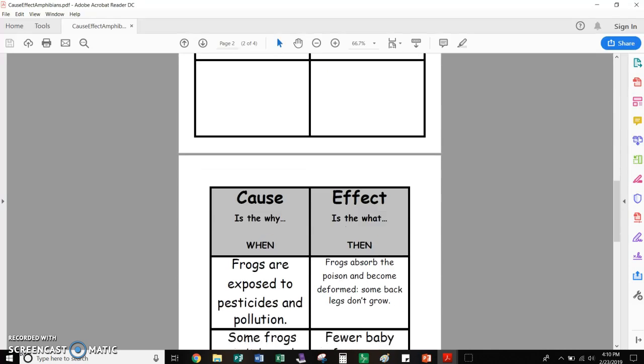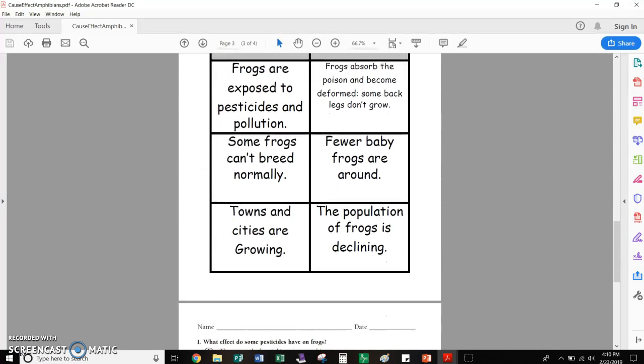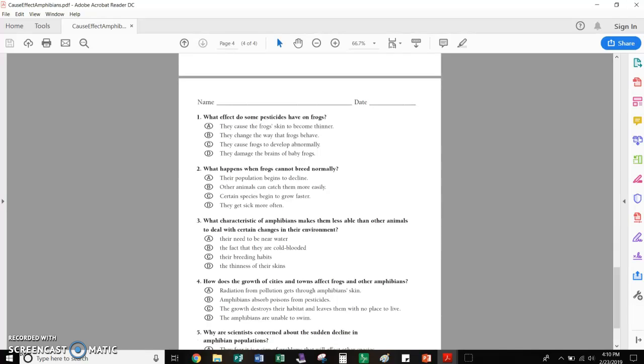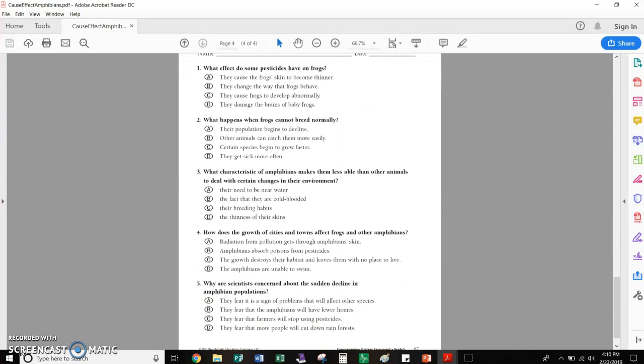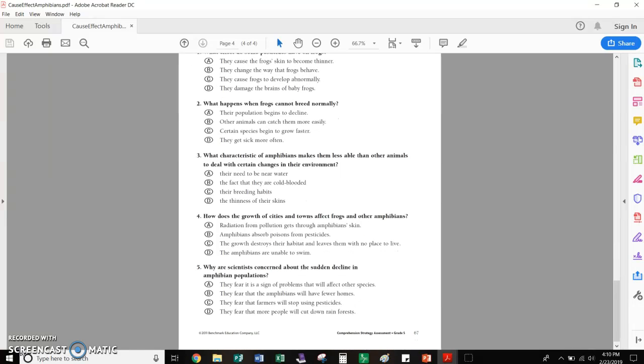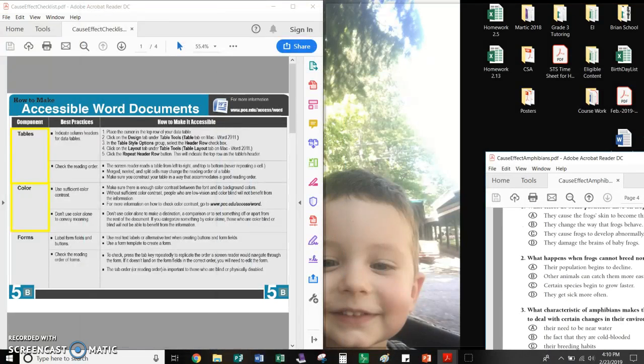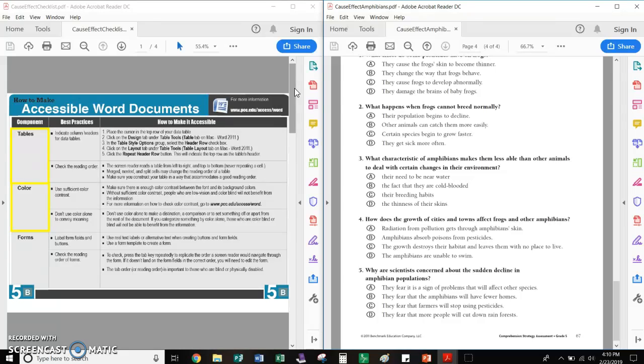As far as after what they did with the graphic organizer, there were 5 questions to answer. The graphic organizer really helped them answer these five. They basically could have taken the info right from the graphic organizer and applied it straight to the multiple choice questions. So, ranking the accessibility of my lesson, I feel like my science lesson had a little bit better variety